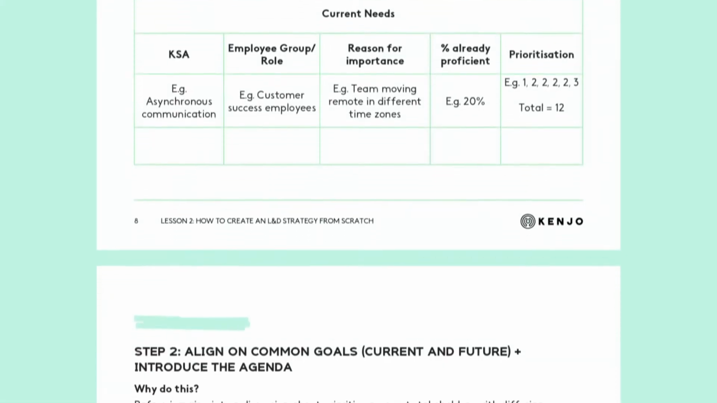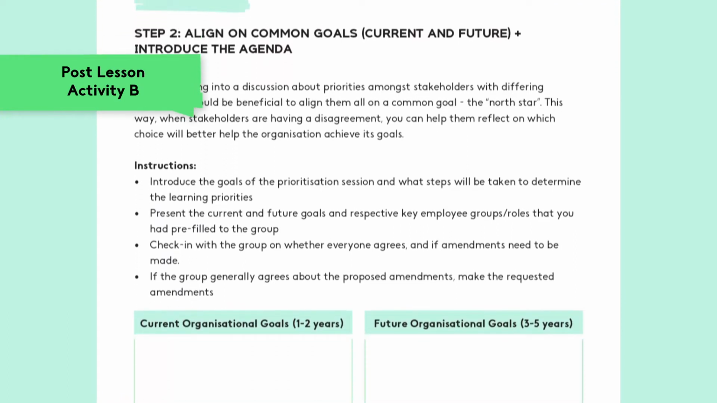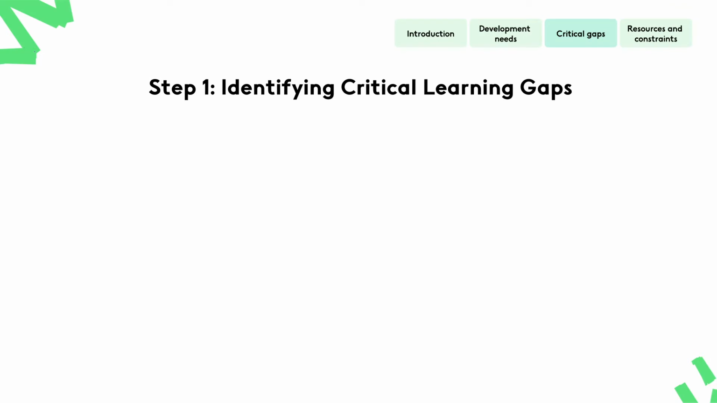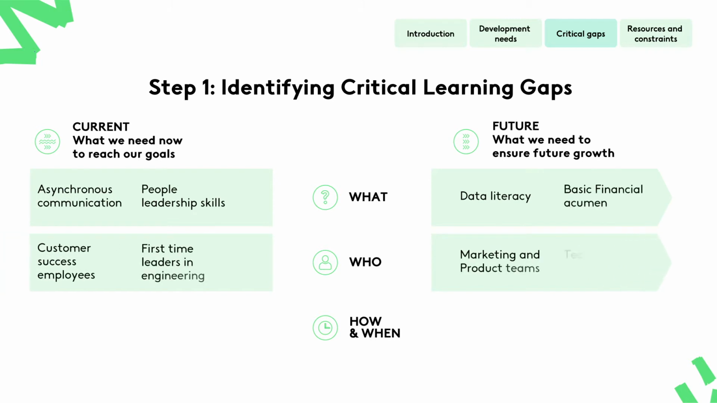You can discover these gaps by comparing them against the learning audit that you did in Lesson 1, Post-Lesson Activity B. Any KSA and corresponding target employee group not served by an existing solution identified in your learning audit would be a learning gap. On this slide, you'll see a helpful way to organize the learning gaps that you have uncovered. Following the what, who, and why framework, you can easily see what current and future development gaps still need